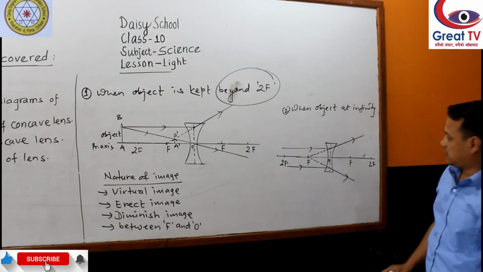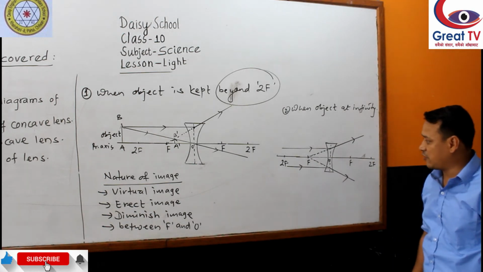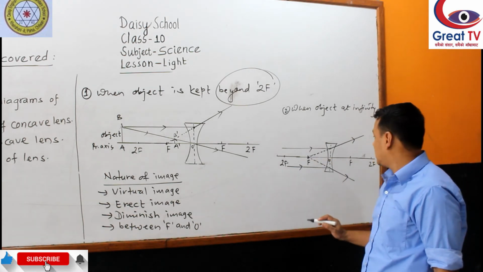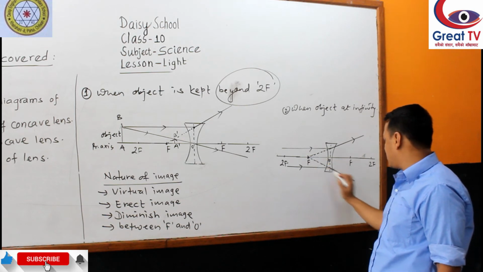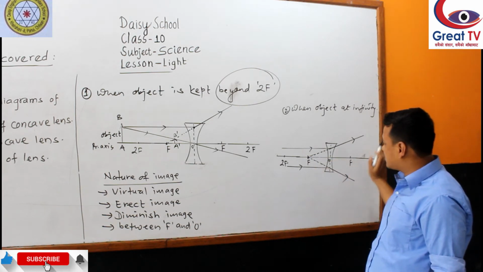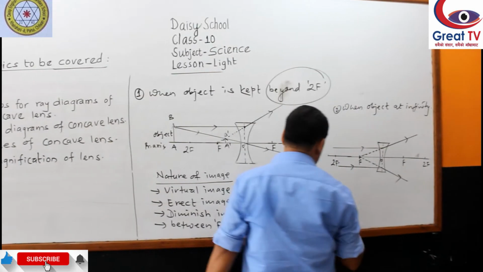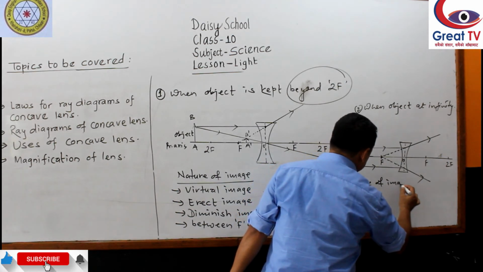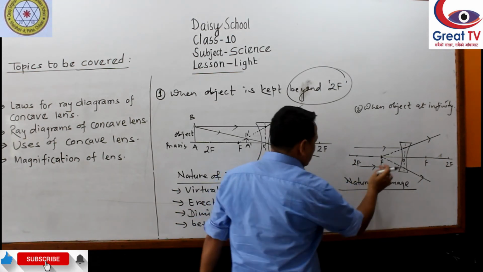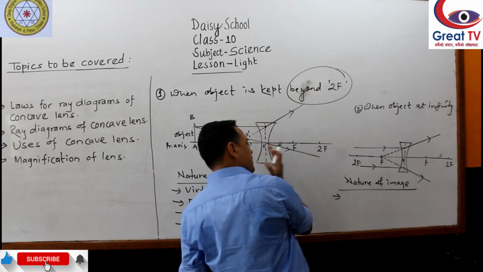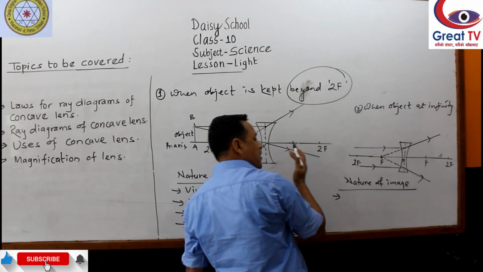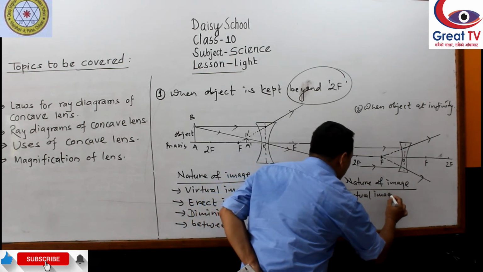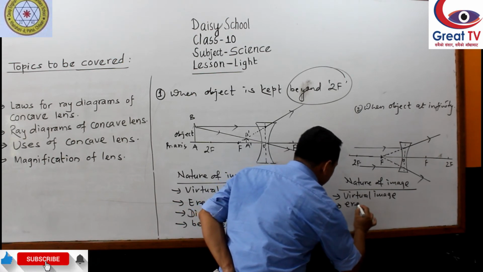Dotted line up to the center of the lens, after that a straight one. So this is the ray diagram of concave lens. So two light rays intersect at the focus point. This is a dotted line, this one is also a dotted line, appear to diverge from the focus point. So two light rays intersect at F. So nature of image will be: both object and image are on the same side. Object at infinity, image is at F. That means same side of the object. So it is a virtual image. Virtual image is always an erect image.